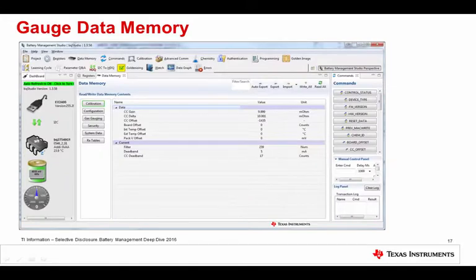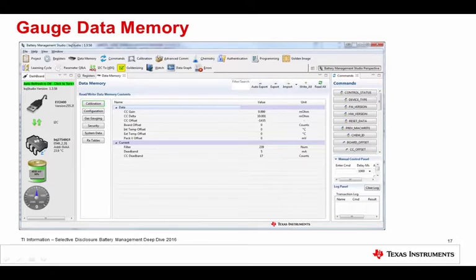The data memory, which is in Flash or depending on the gauge, but the data memory parameters are more static. This is where your gauge configuration space is, as opposed to the operating conditions. Very similar, so you can see the individual classes of parameters. So there's configuration, gas gauging, security, and so on for this particular gauge. And then you've got groups within that of parameters themselves and then individual parameters.